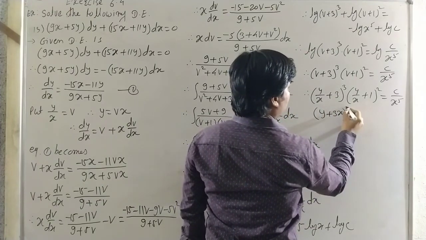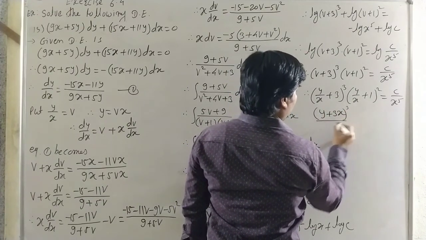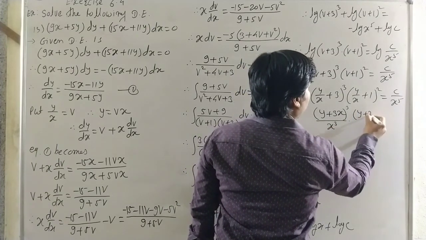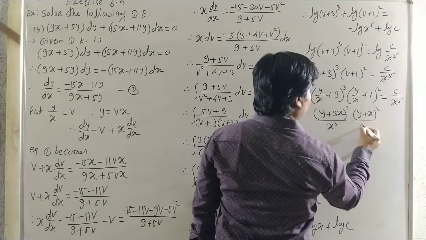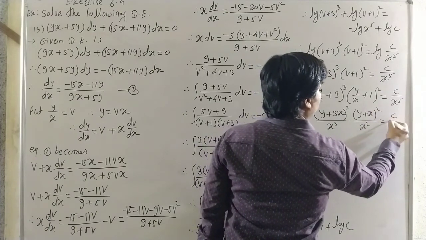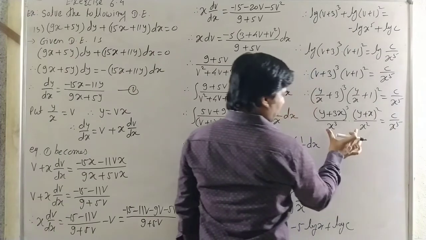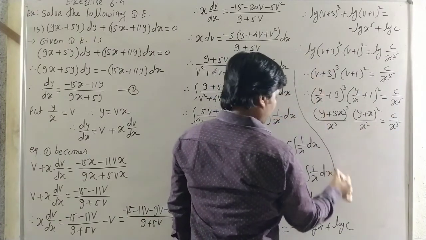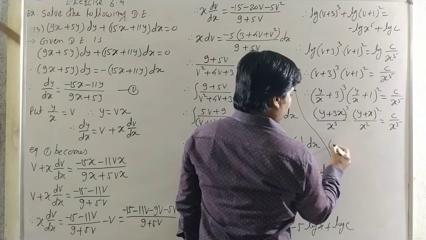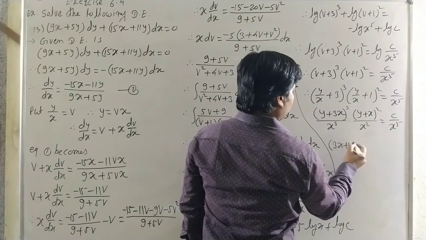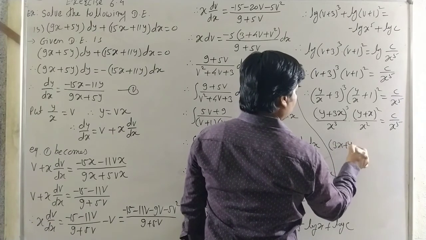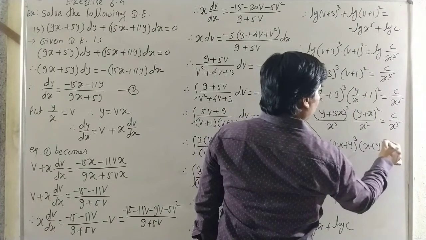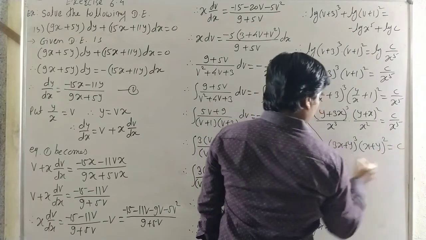So y plus 3x cube upon x cube into y plus x square upon x square is equal to c upon x to the power 5. Then x cube, x square, x to the power 5 cancel. Our last answer is 3x plus y to the power 3 into x plus y to the power 2 is equal to c, which is